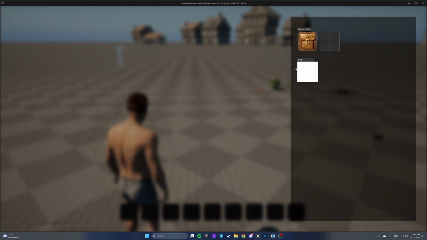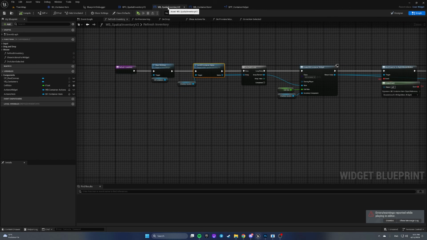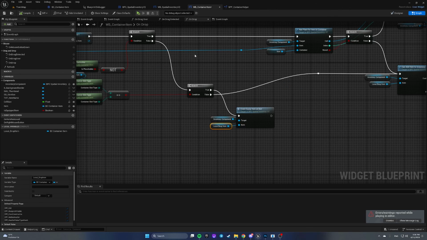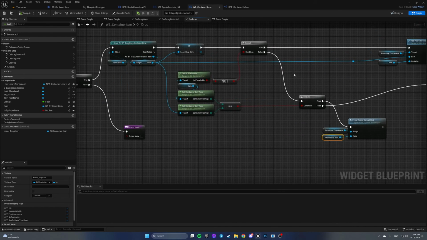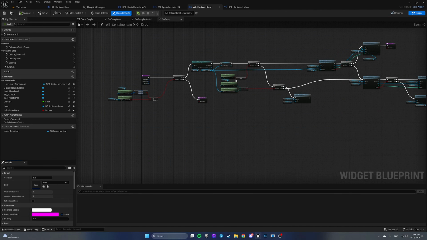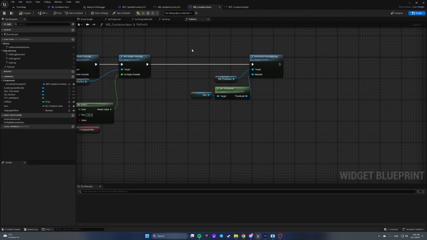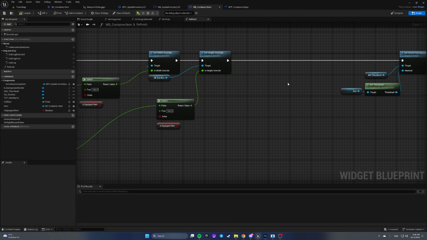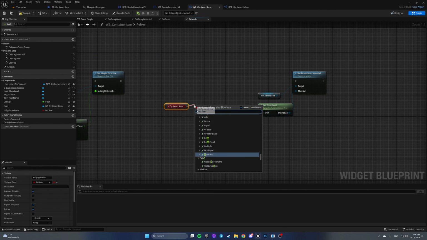Now we see a bag slot, but it is without a thumbnail for some reason. Well, why? Oh, we have created a square thumbnail, but we have never used it. So let's open our widget for an item, open a graph, refresh, and navigate to a place where we are setting an image. Here we are setting an image, but we have to select by this boolean which image we should set. So let's select is equipped item and select